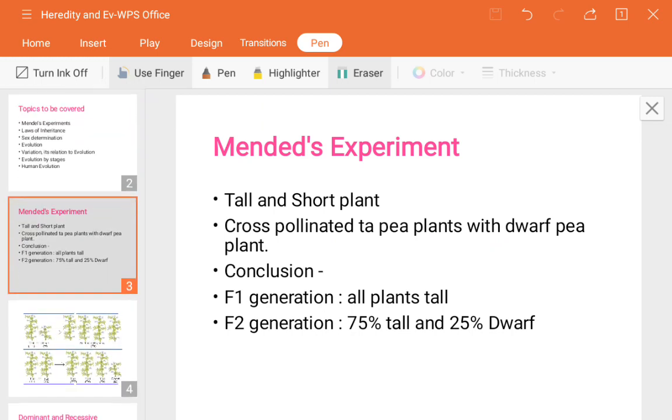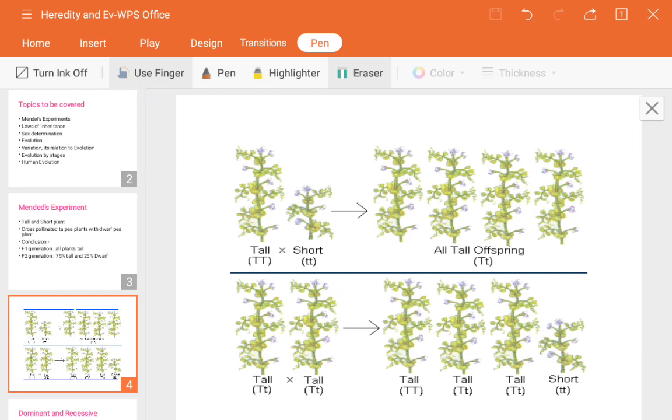So now, what he has done in his experiment is that he chose one tall plant and another short plant. He did the experiment on green pea plants. He used different characters of them, meaning he chose their flowers, their leaves and their peas, their stems which are tall and which are very short. Like this type of characters he had chosen.